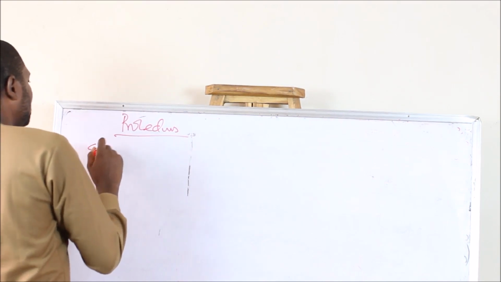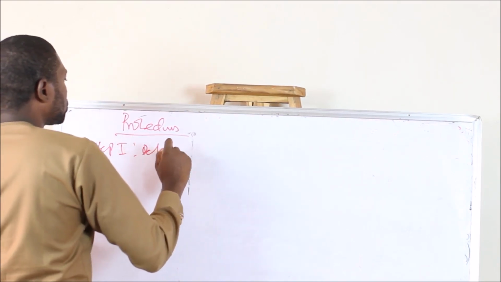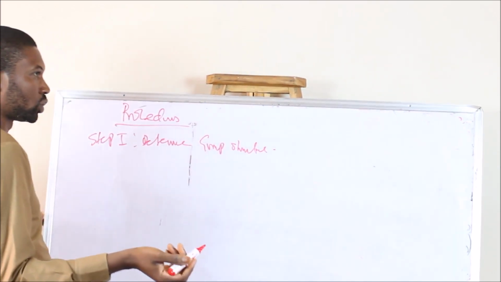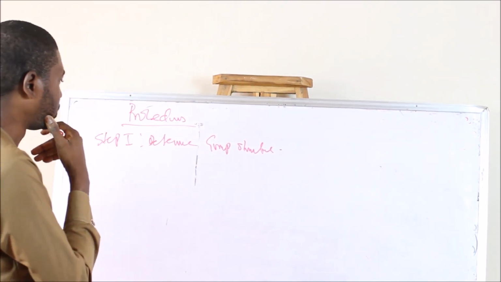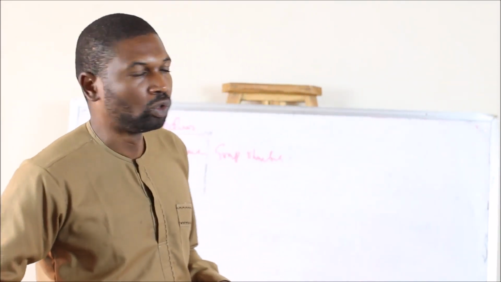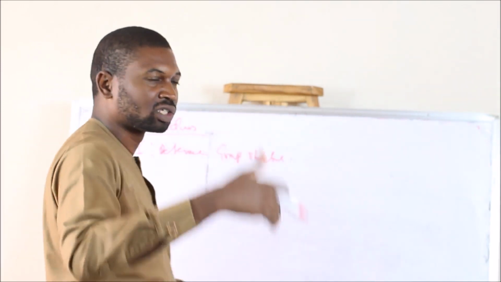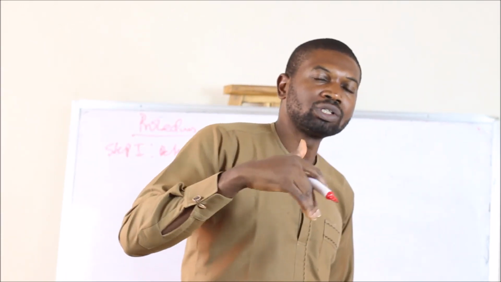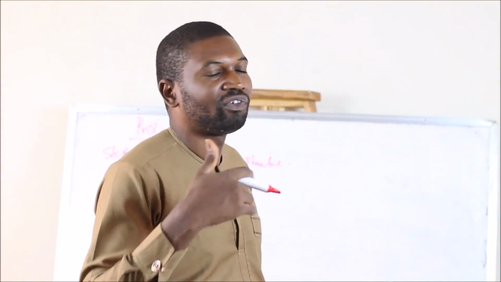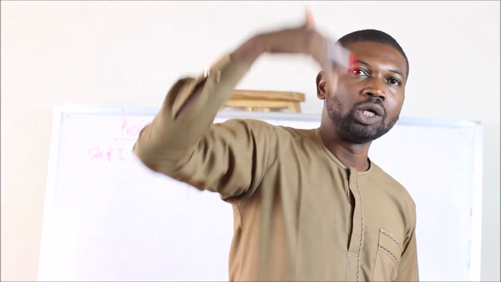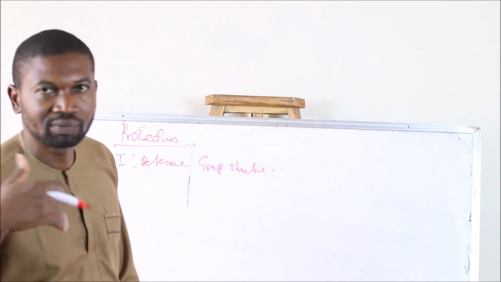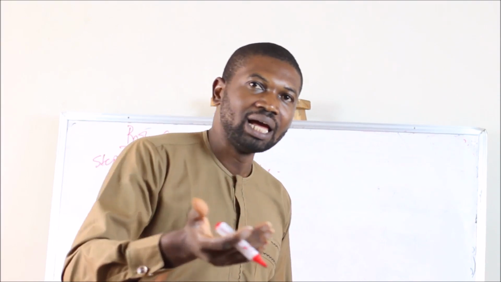Step one, of course, is that you need to determine the group structure. Like working number one. Remember, I told you how to determine the group structure in the previous statement of financial position. They will tell you, maybe P acquired 80% or 90% in S. So which means you should know P is a parent company, S is a subsidiary, and then of course you have to know the percentage of control. Is it 80%? Before you can control a company, you must acquire up to 50% equity interest in that company and above. So you have to know the percentage of control, the percentage of NCI, and the date of acquisition.